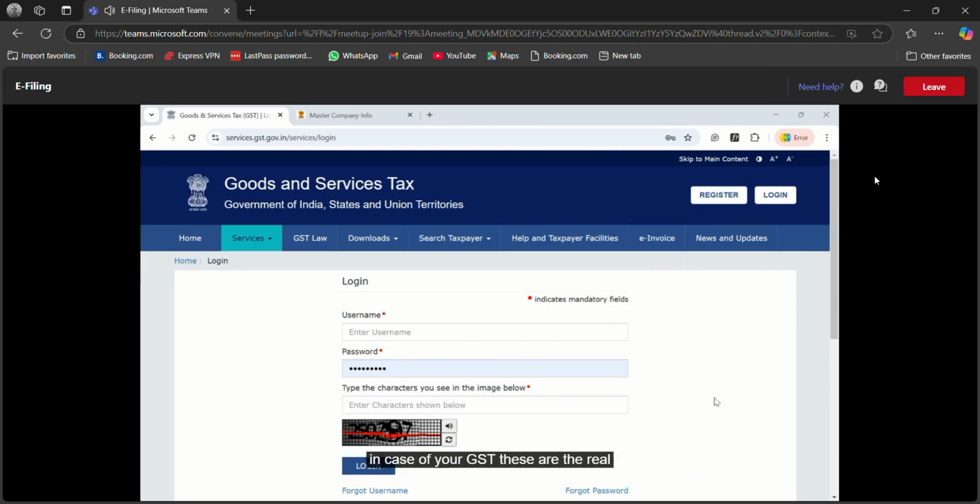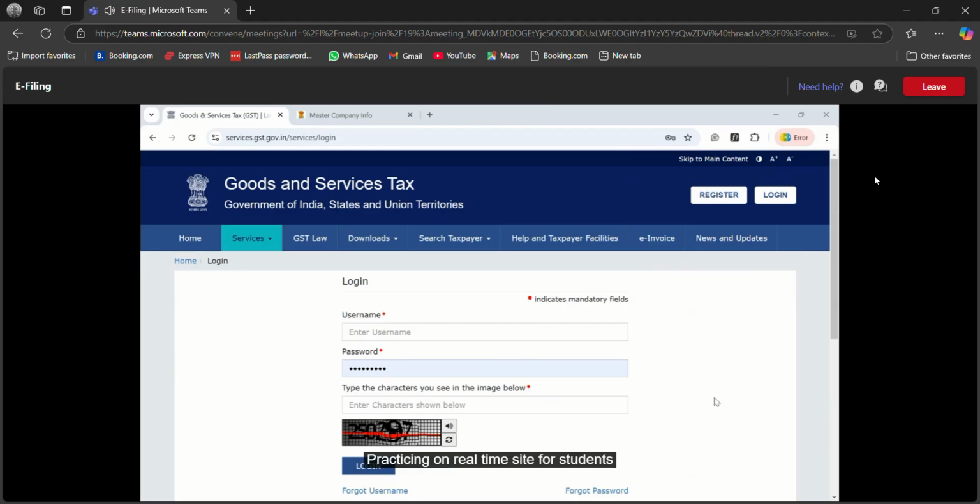Even in case of income tax, even in case of your GST, these are real-time sites. You need proper login credentials for doing all these things, and this is real time. So if you submit all this information, it will be considered that the person has submitted that return with those numbers. And moreover, GSTR1, after a couple of days of submitting, is not editable, subject to GSTR1A. Keeping all these things in your mind,